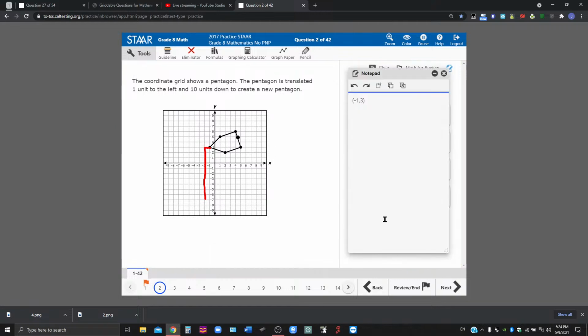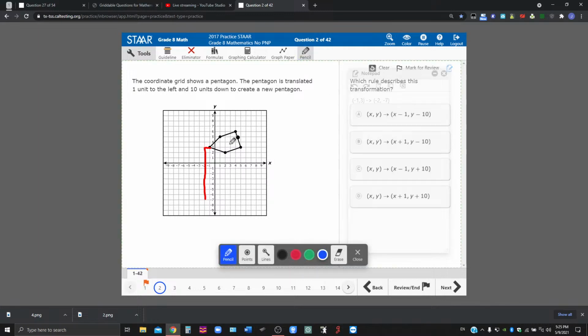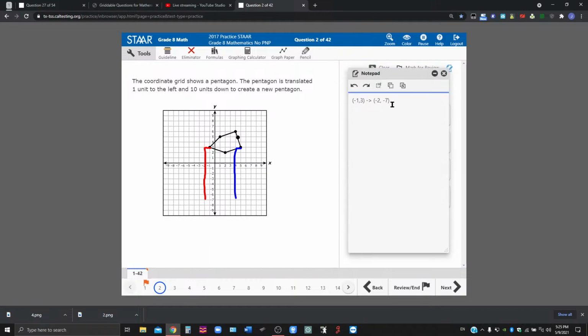So here, close the pencil. Let's go back to our notes and mark some notes. It's currently at -2 and -7. And here we can study the difference and find out the rules. If you want, you can also do more points, but we are probably going to just stop here. So from the points, we might see that x decreased by 1 and y